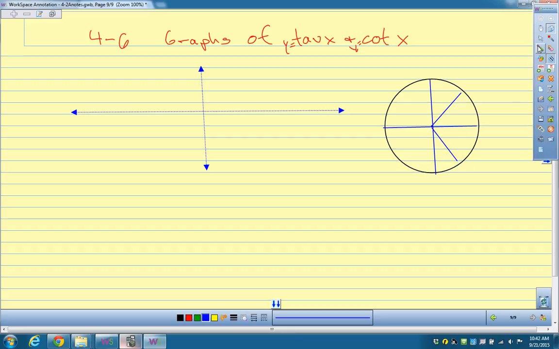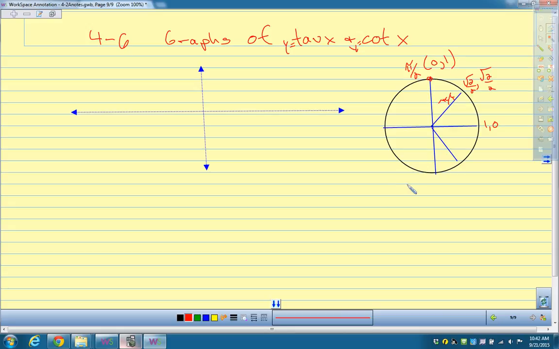Okay. And I'm going to call this the point, this is 0 radians, and it has coordinates 1, 0. And this we're going to call pi over 4 radians, and it has the coordinates root of 2 over 2, comma root of 2 over 2. You're going to have to be able to reproduce this on Wednesday. Pi over 2, and this has the coordinate